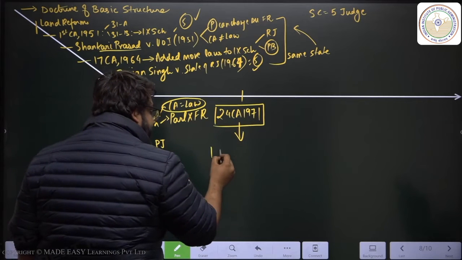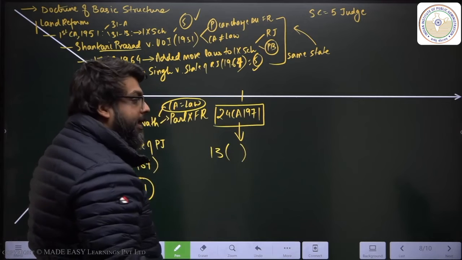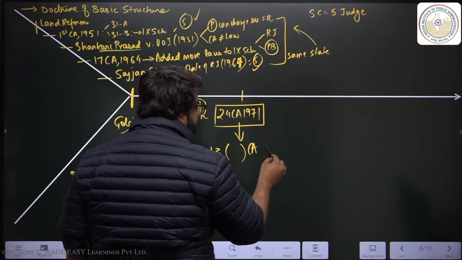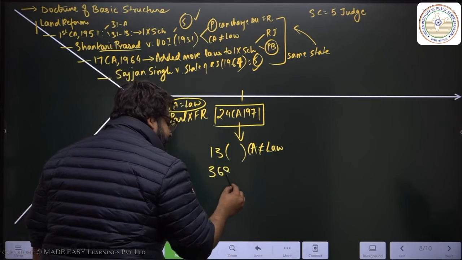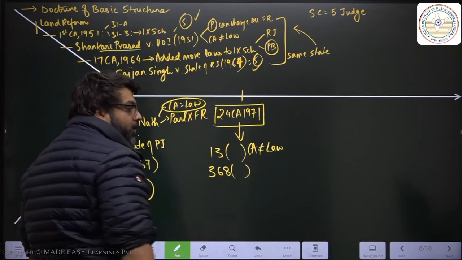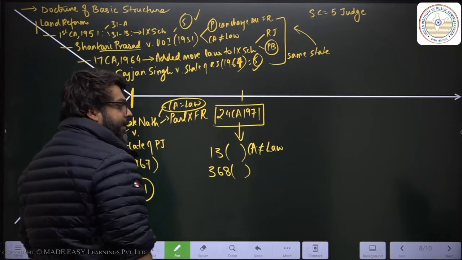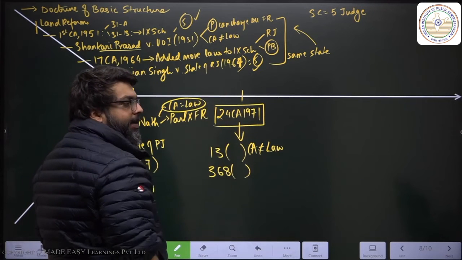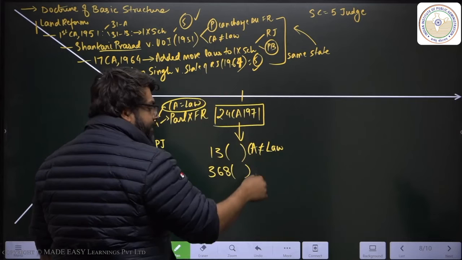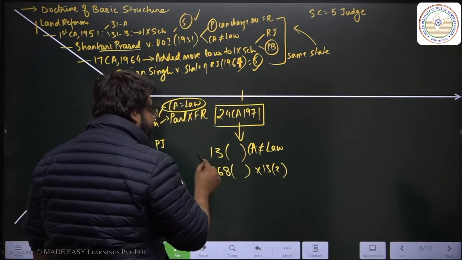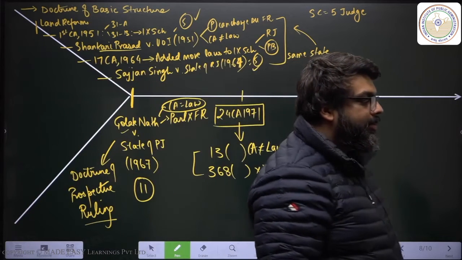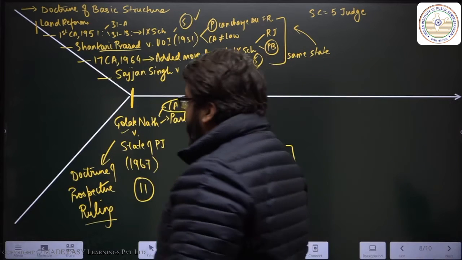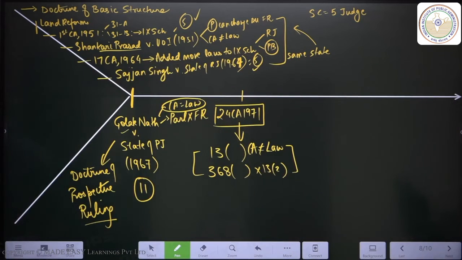I'm going to insert a new subclause to Article 13 and I'm going to say constitutional amendments are not law. And I will also make the requisite changes to 368. I'll add another subclause 4, not important for your exam. And I will say that the Parliament can change anything in the Constitution, and that has nothing to do with 13 clause 2, so that you have a watertight provision. A direct counter-attack to Golaknath.